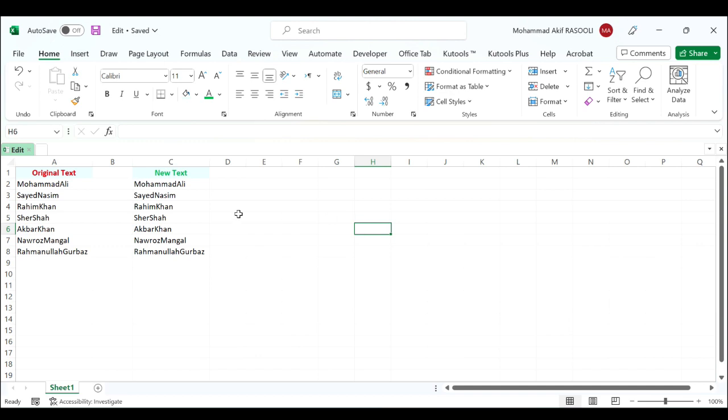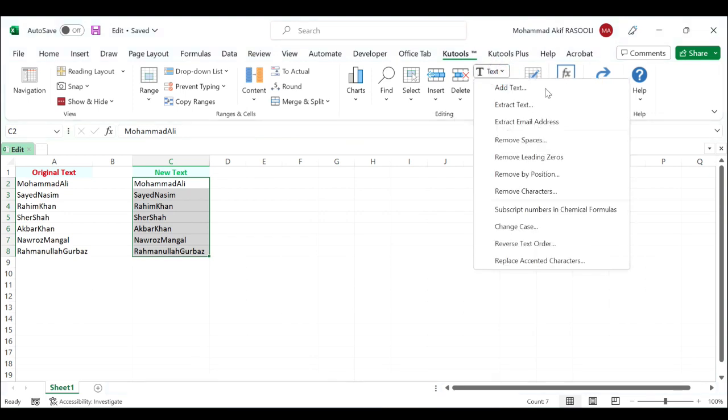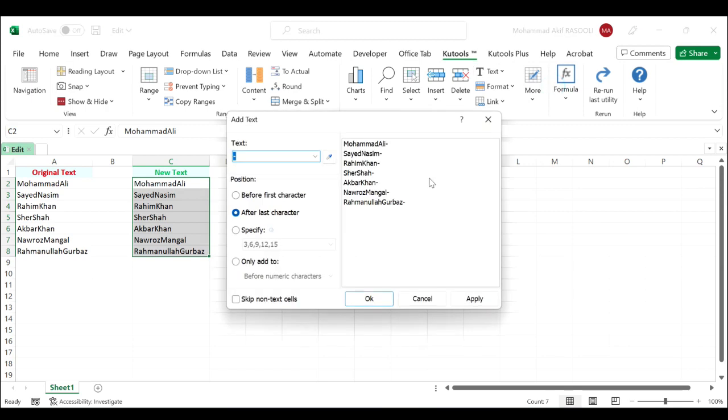Select the data you want to add a hyphen. Click the Kutools tab. In the editing group, click the text drop-down list and select add text. In the add text dialog, enter hyphen in the text box and then check only add to option and select before uppercase letters from the drop-down list. Click the OK button